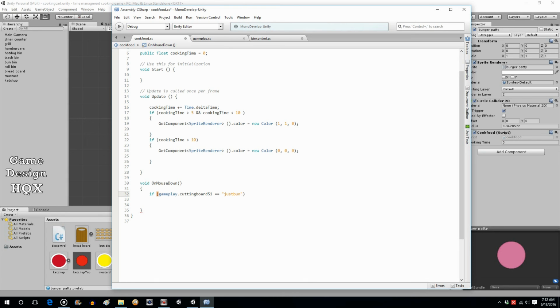We really don't want to check for all the statuses that we're not interested in. We don't want to check to see if it's empty. We don't want to check to see if it has a bun with a patty. We really just want to see, is it available? That's really all that matters. So if cutting board S1 is equal to just bun, which is the condition we're looking for, then